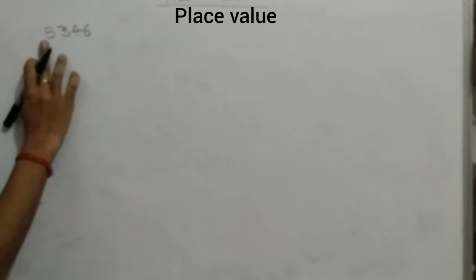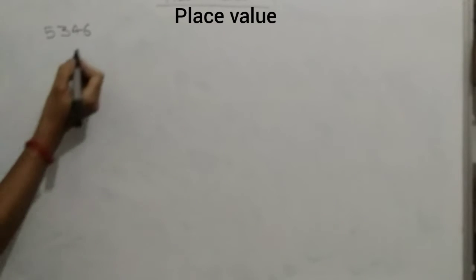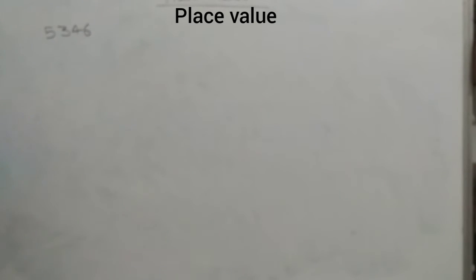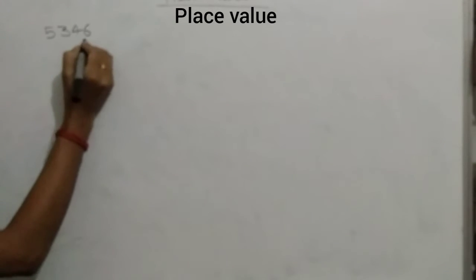5,346. Okay, as we know that we always start the counting of the digit from the right side. हम डिजिट काउंटिंग राइट साइड से करते हैं. So from the right side the first digit is 6. हमारा फर्स्ट डिजिट क्या है? 6 है. Which is at